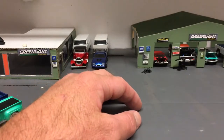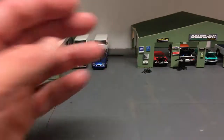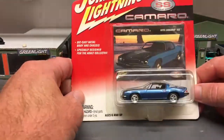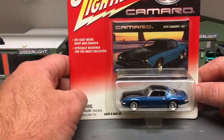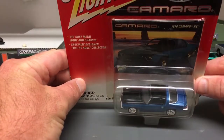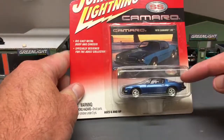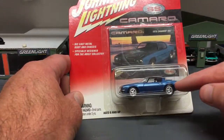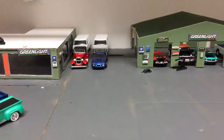Okay, so this is what I got in the other day from Paul Rosell in a trade. It is from, let's see what year, it's sometimes tricky to find on this make, 2002. Johnny Lightning 1976 Camaro RS in the blue and black. Awesome car. Really love this year of Camaro RS. I think it is very cool. Let's crack it open and I'll show you why I think these